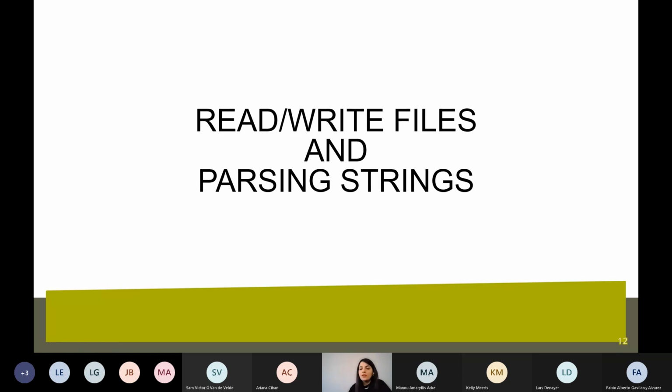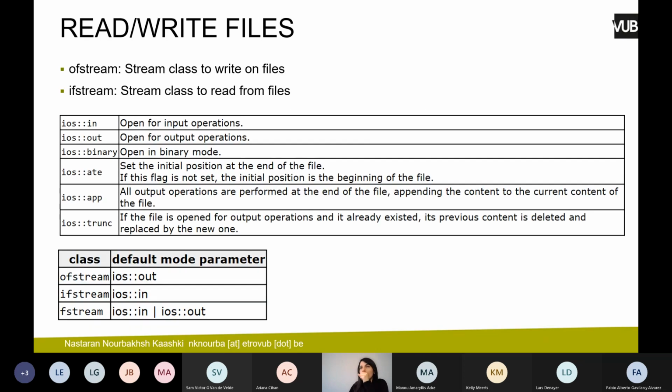So the next topic that we are going to discuss is reading and writing from and to files, and then parsing strings. We have two classes, ofstream and ifstream. Also fstream here, but mostly we will work with these two classes. The first class is used to write on files, and the second one is used to read from files. We also have some modifiers that help us change these classes. For example, I can use fstream with these things. But the most common classes are ofstream and ifstream,